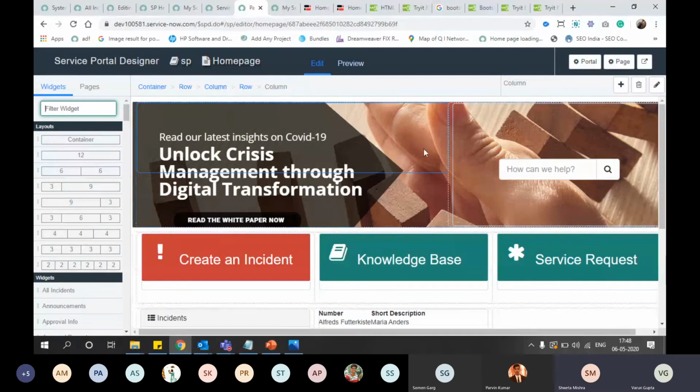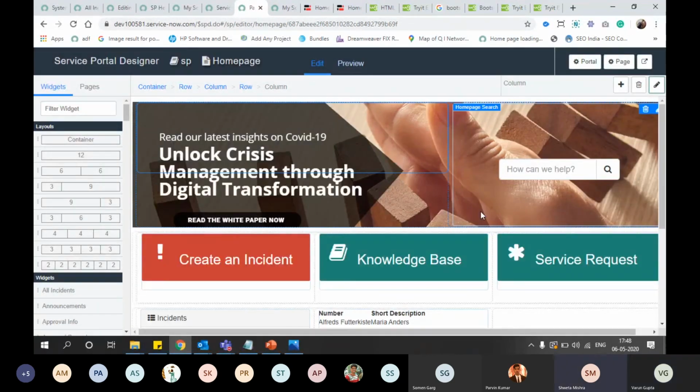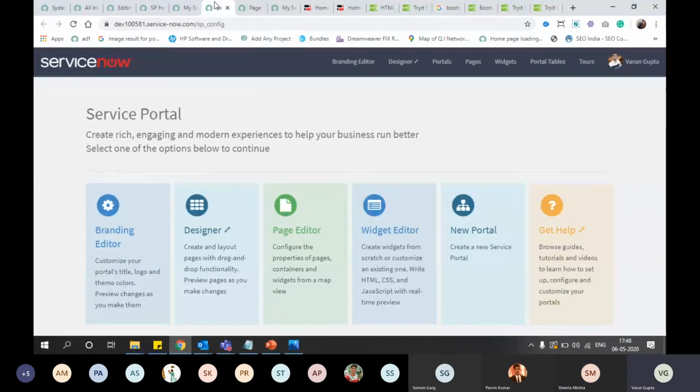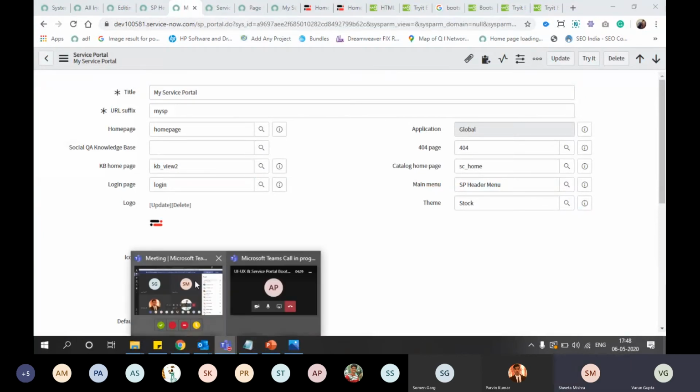You can directly use Bootstrap classes in these options also. Few basic classes like column, row, text center, table styling. You can read about them in the Bootstrap library. Okay. Thank you.